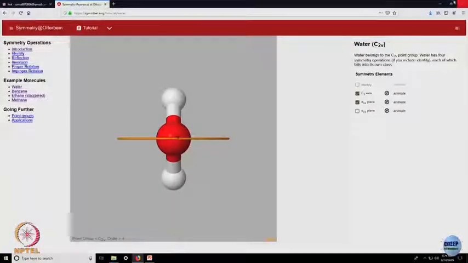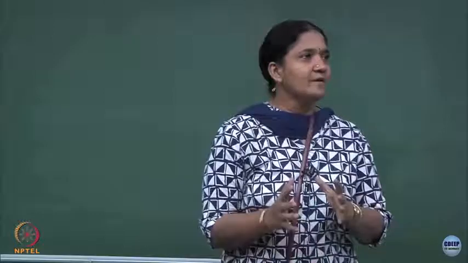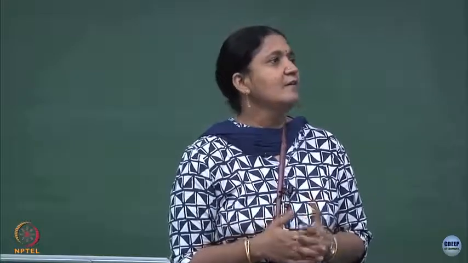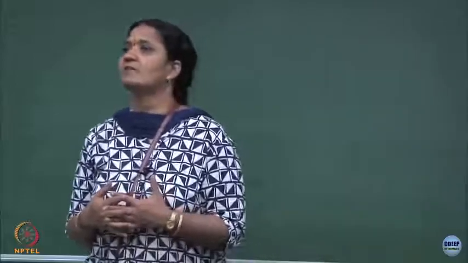Fine. So far, a warm up on how to look at the molecular symmetry. As I said, I wanted to do a couple of problems as a tutorial today. Okay. One of the things which I passingly said is that when you do conjugation of an element, suppose the element in the symmetric group of degree n has some cycle structure. If you do a conjugation, I said that the cycle structure remains unaltered. It will go to a new element, but the cycle structure remains unaltered, right.